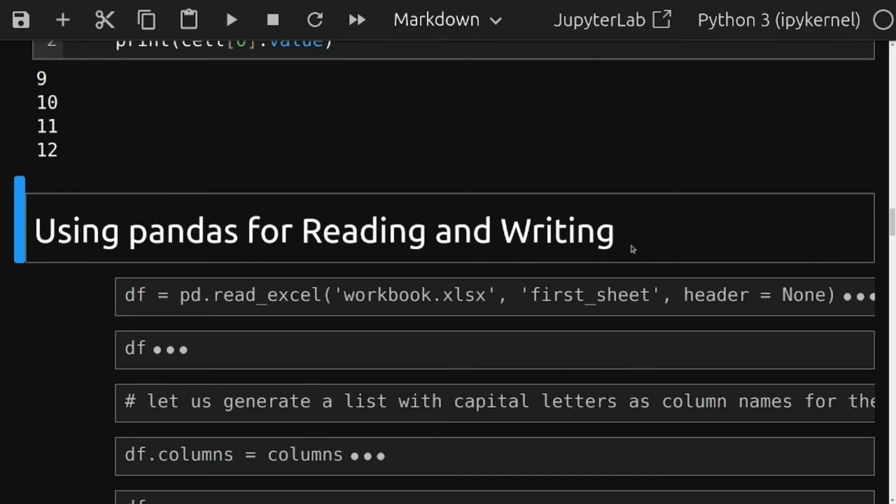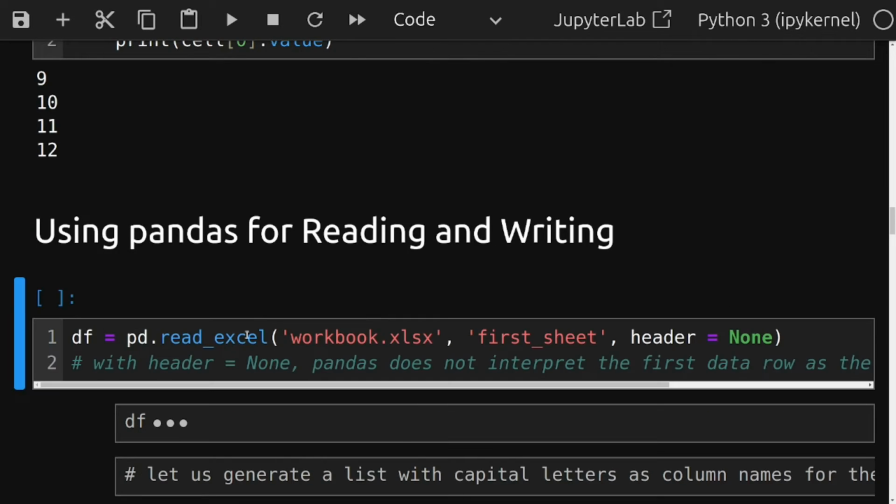Now, it is also possible to use pandas for reading and writing Excel. You see, for example, here we can read an Excel file using pandas. So from pandas data frame, we can use this function which says read Excel file. That means we may import an Excel file from somewhere, then we can load using pandas data frame for further manipulation in Excel. So here, read the workbook. Okay, this is the path of the file, of course, our code and our file are in the same folder, so we write only the name of the file with extension